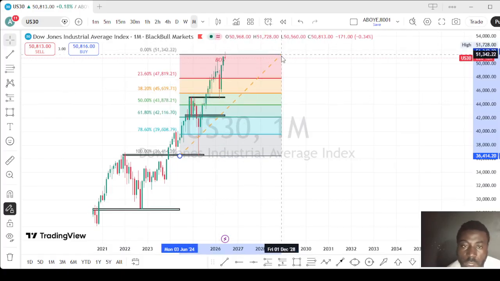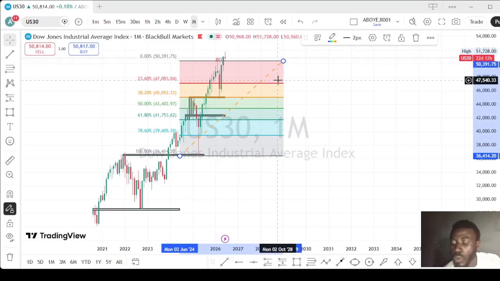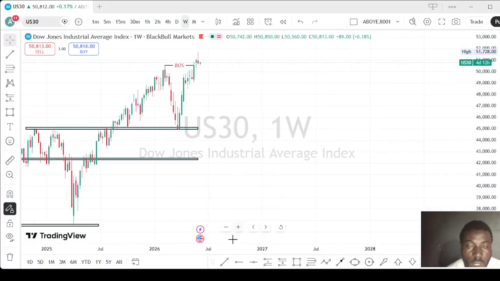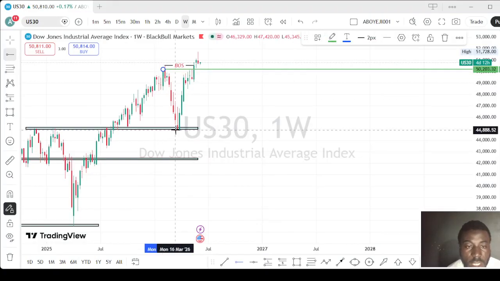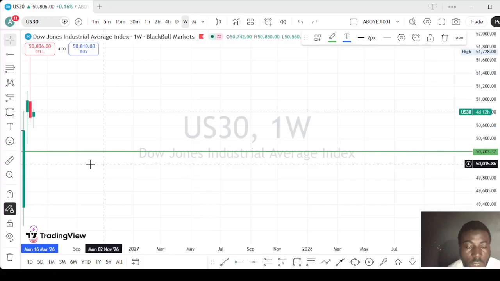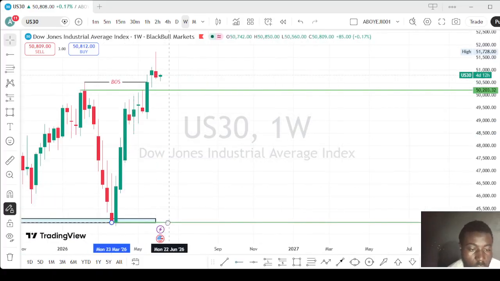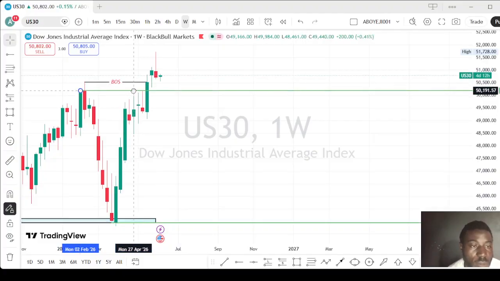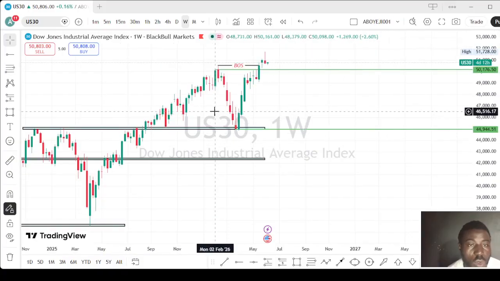You can see what market is doing. So definitely you guys be patient. So this is what we are seeing. Let's move to weekly time frame. This is weekly time frame. These are key levels here. You can see the last break of structure. These are key levels here, and these are key levels here also. This is what is happening on weekly time frame. You can see the two key levels, and market has given us break of structure. So this is what we are having.